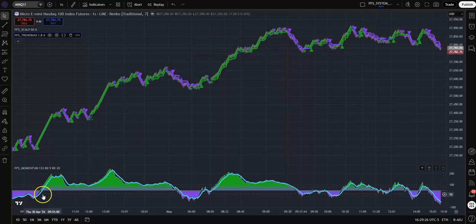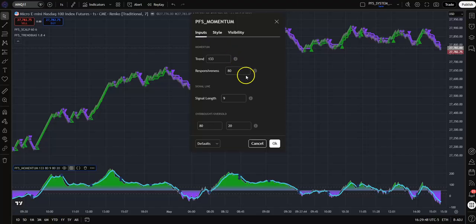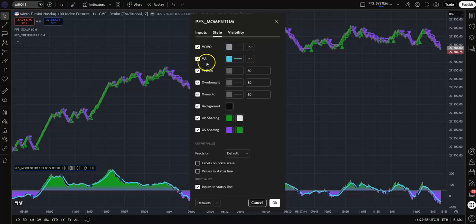And then for the momentum tool, to thicken up this line so you can see it better, the moving average that's overlaid on top of the momentum tool, reading that momentum tool info. If I go into settings and I've unchecked those two items, the labels and the values under style, but in inputs, here's the length for the signal that either lags it or accelerates it. But then if you go into style, that's the MA. If you click on it,